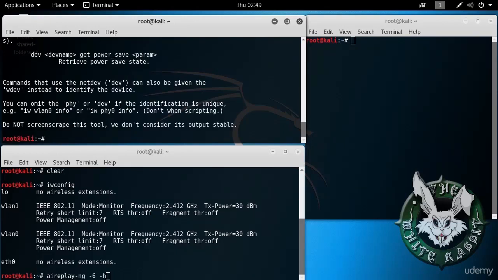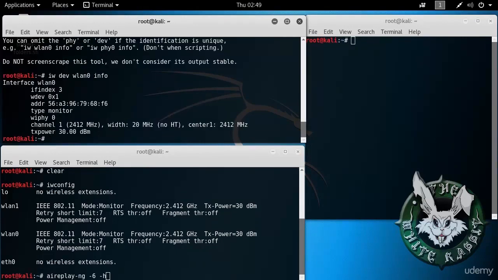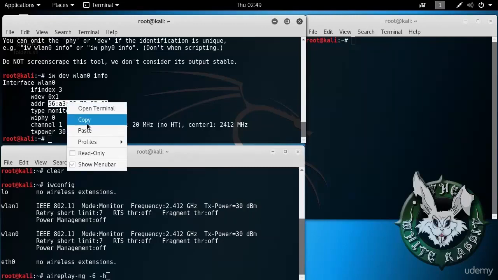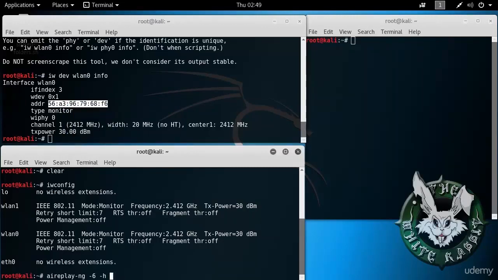We need to have the MAC address, and so we take a look at iw dev wlan0 info to get the MAC address of our network card, copy it and paste it. The aireplay-ng version of the cafe latte attack with this -6 flag is going to be sending ARP requests using this MAC address